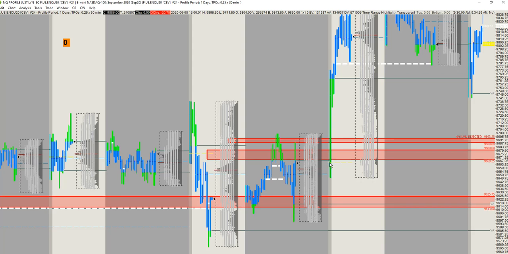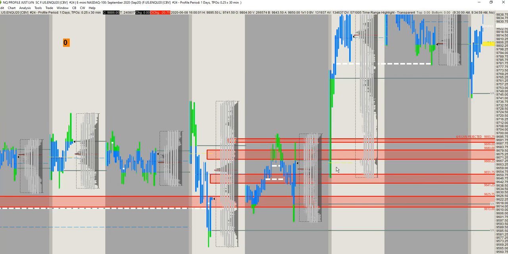So the next day we open below it, but we trade right. We test lower, but we basically never really went. Another good thing to note is that I always like to have the low volume node under the TPOC. The TPOC was right here. That's the low volume node that we rejected the next day as we opened and rejected it, and we started